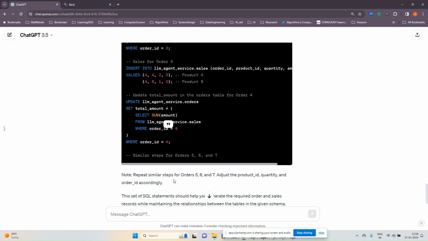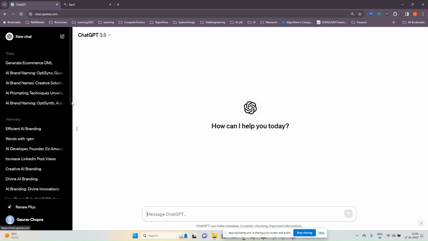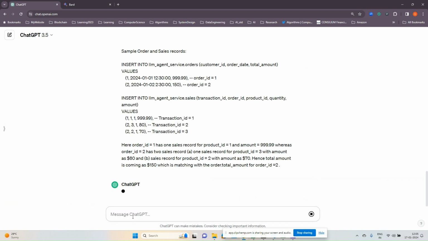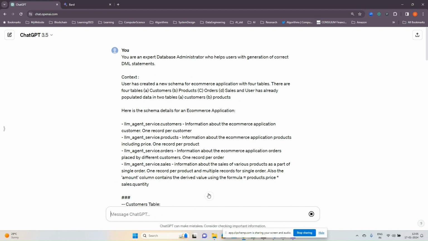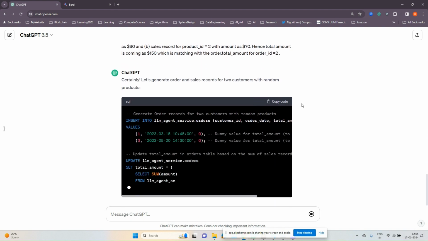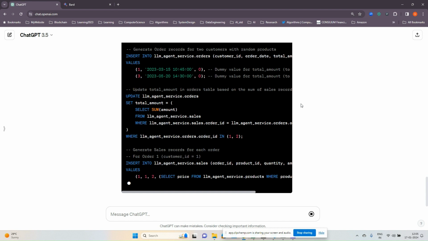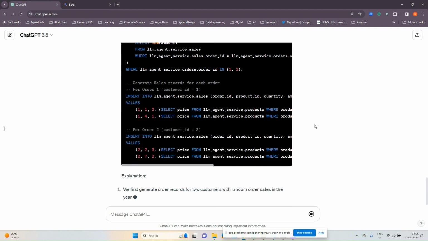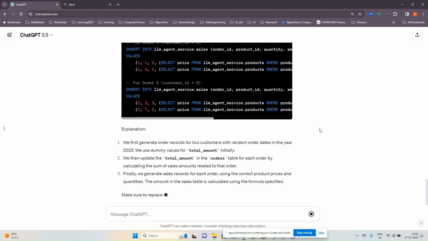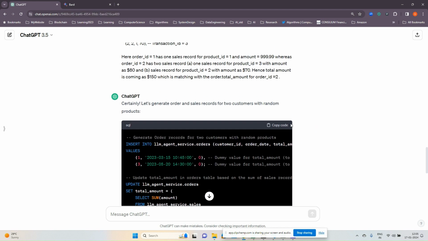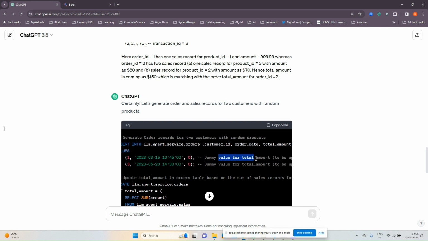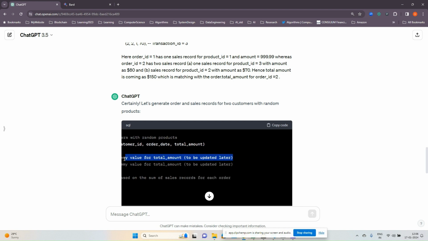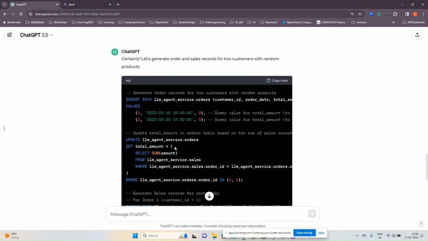Let me go to ChatGPT and try this one. Same prompt. All right, so let's see what it is doing first. All right, so let's see what it has come up with. So first it has created orders with a zero amount, so a dummy value for total amount, and it has mentioned clearly to be updated later. Fine. Then it has done a